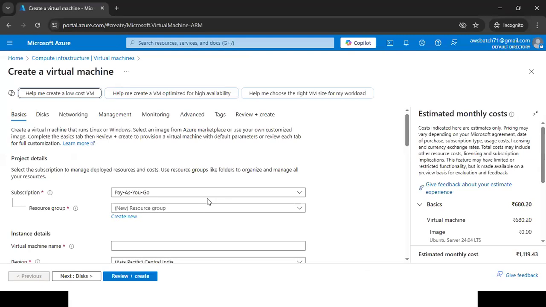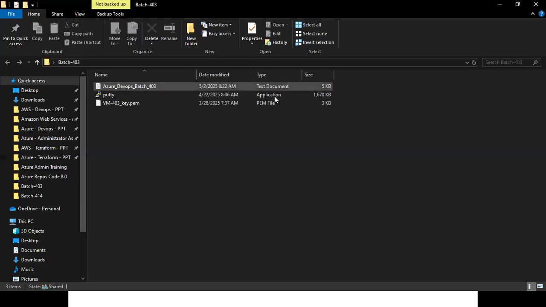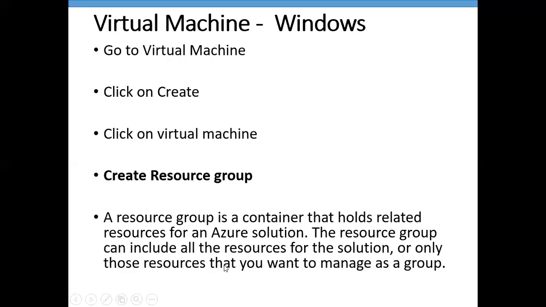In that particular folder, we can keep multiple files. Like I have a folder called 403. If you see here, I have 3 files. One is a text file, one is an application, one is a PEM file. So in this folder, I have 3 different types of files. So a resource group is also like a folder where we are going to keep all our Azure services. Whatever Azure services we are going to create, we can keep all those services